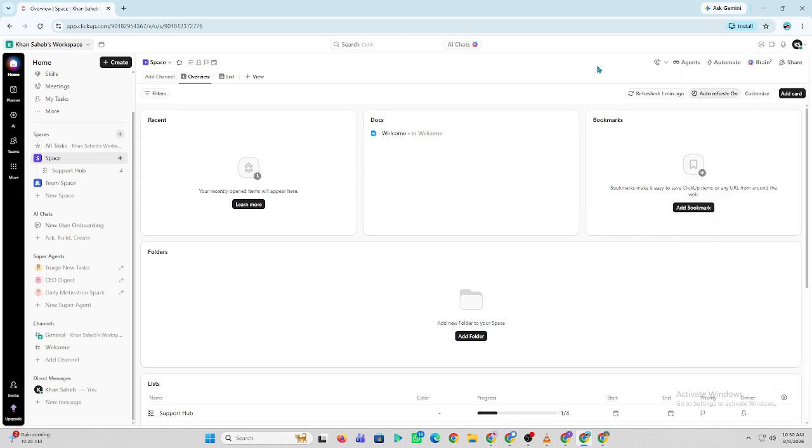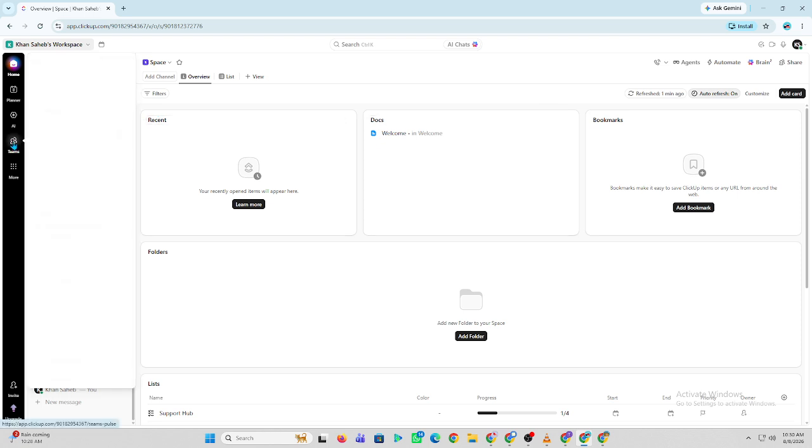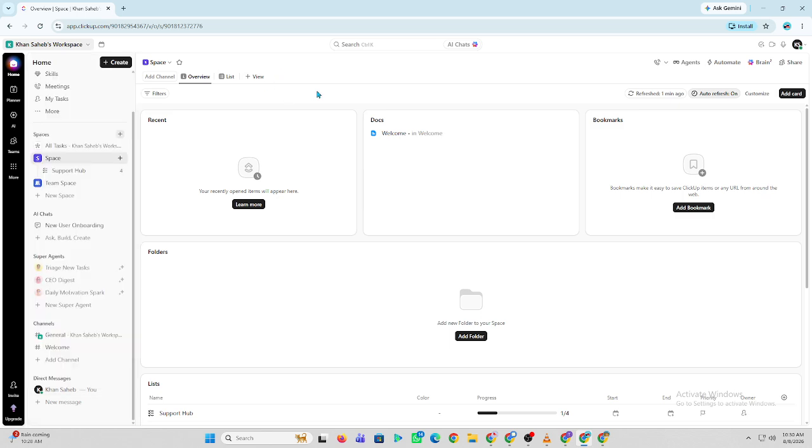level of access. Finally, review your workspace structure, make any adjustments you need, and start managing your projects with an organized workflow. And that's how to set up a ClickUp workspace. With a well-structured workspace, organized projects, and customized views, you'll be ready to manage tasks more efficiently and keep your